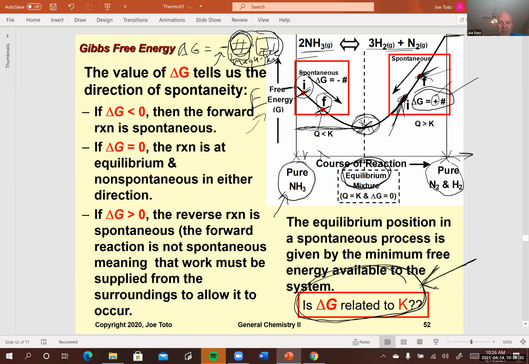So if we start over on this side of the mixture, there's going to be a net conversion of reactants to products. And according to thermodynamics, if we start on this side of the mixture, then there's going to be a net conversion of products to reactants. And this is predicted